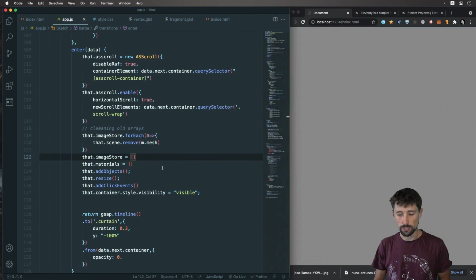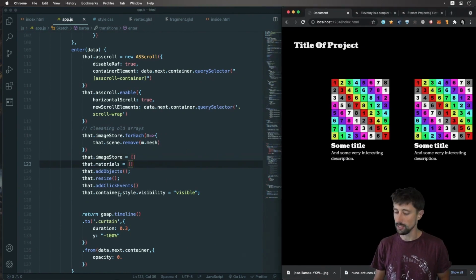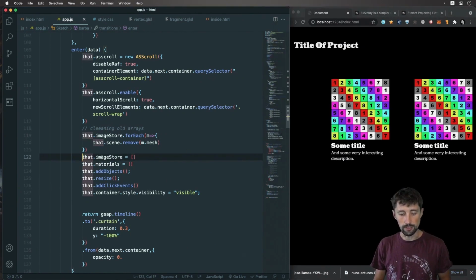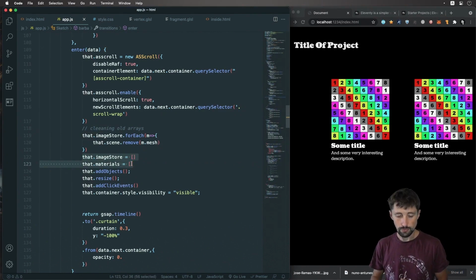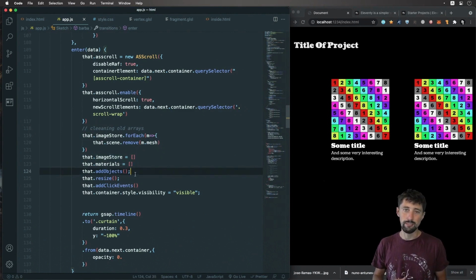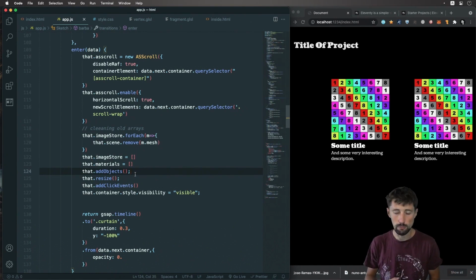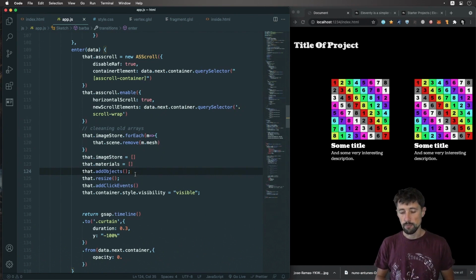I just added a couple of fixes just so I can move back and forth infinitely. I empty the image store array every time I go to the home page, and I recreate it again. Sometimes you might leave it in the HTML, because in my particular case, that canvas is always the same. It always has the same set of images,